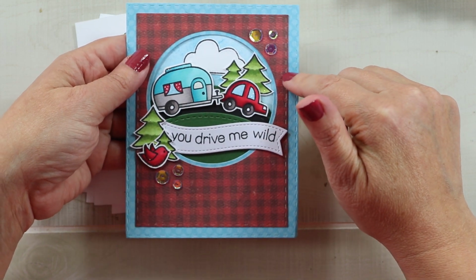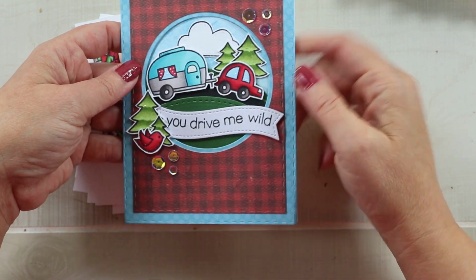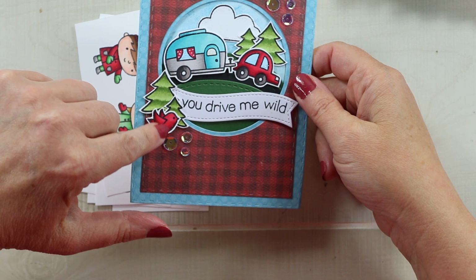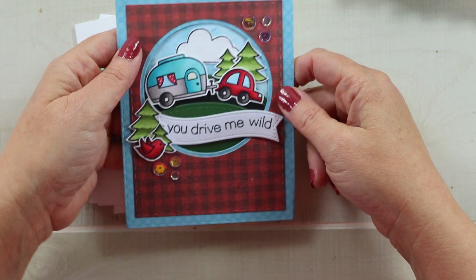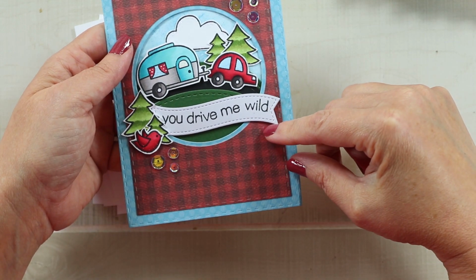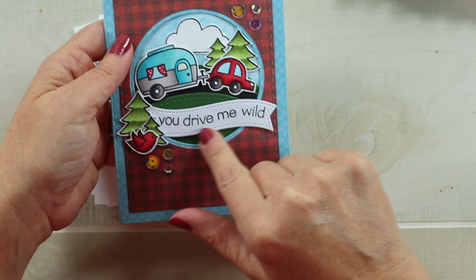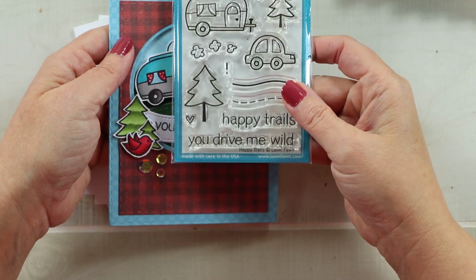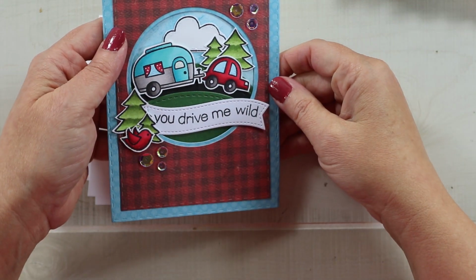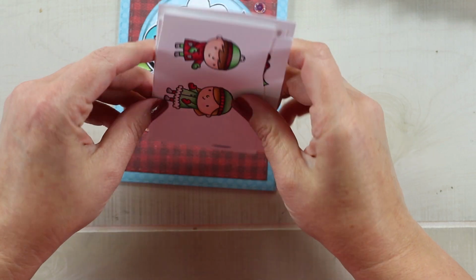This is Lawn Fawn stitch stacked rectangles too, so that was a good way to create a base for this card. And I put a little foam in so that I could develop some dimension and depth, and a couple extra little trees out here and a bird, and that was easy to accent with a little bit of Stickles just here and there, and this is the wavy border die from Lawn Fawn, and this sentiment that came with the stamp set was pretty easy to shape onto the Misty so that I could have it fit into that curved banner shape. So that is all for my birthday haul,